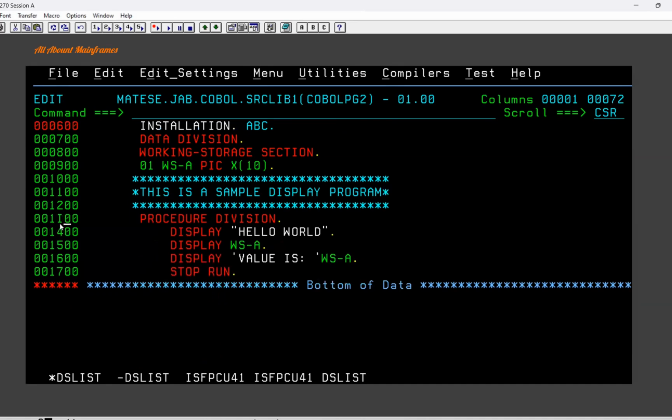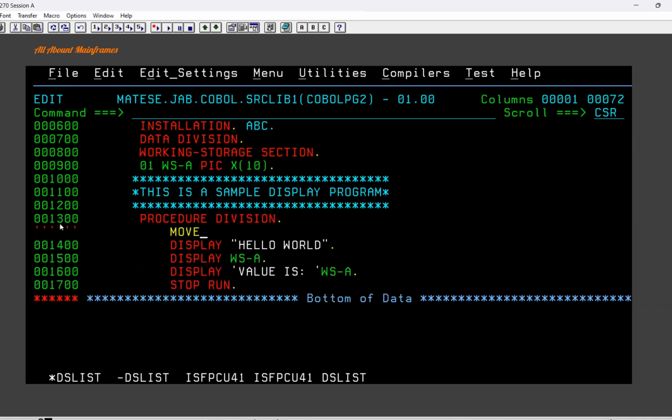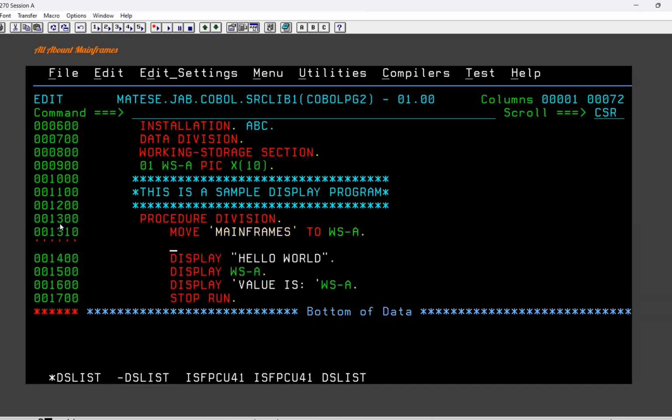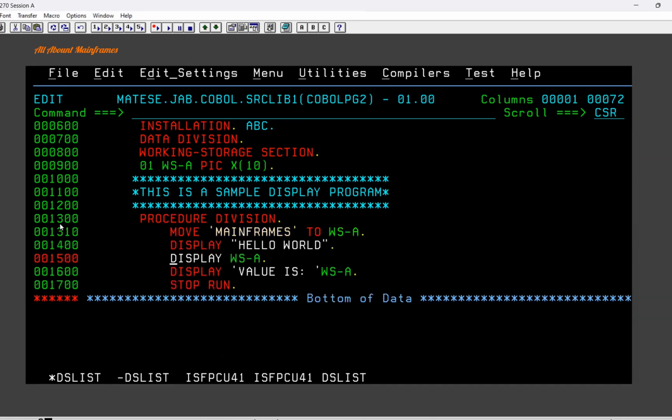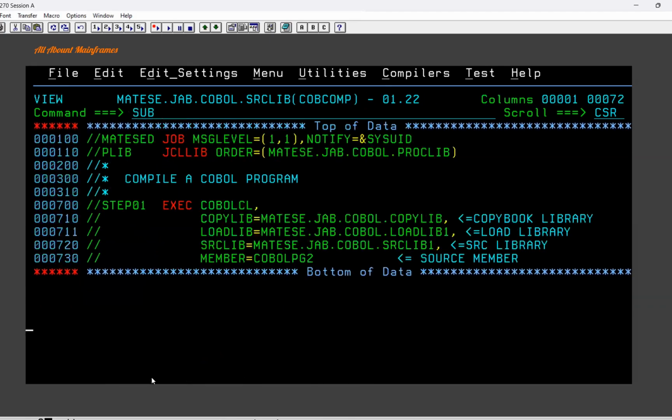Like we have to move A, B, sorry, move what was the value? Mainframes, right? Move mainframes to WSA. The meaning of this is when you define this variable, it did not have any value. Now you are passing some value. Then if you display this, the output will be similar to the previous one. Okay, if you compile this,